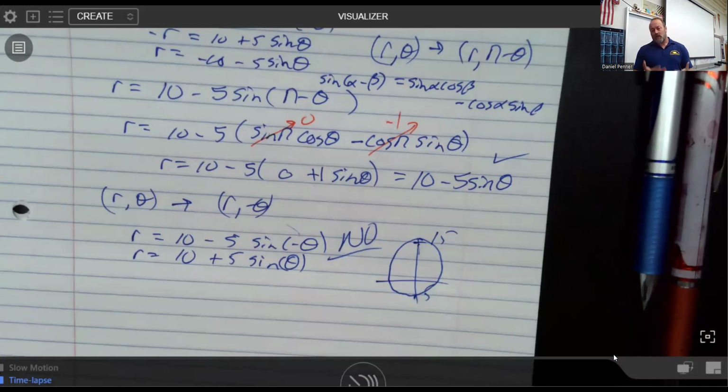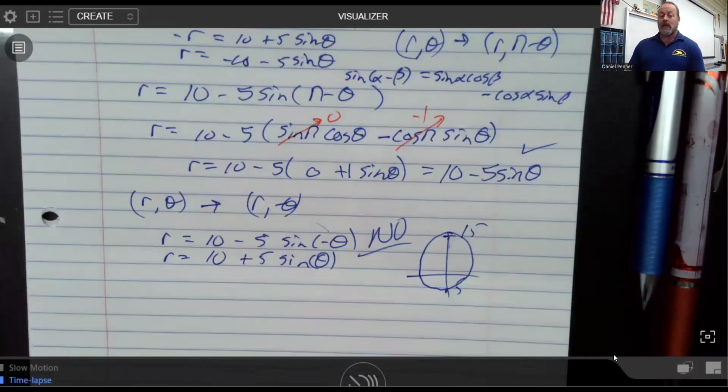And so that's kind of the way we play with this idea of polar symmetry. Okay. And so I did one rose and one limaçon, and we did some other ones in class. Hopefully that was helpful. Please let me know if you would be benefited by having some more explanation on that,